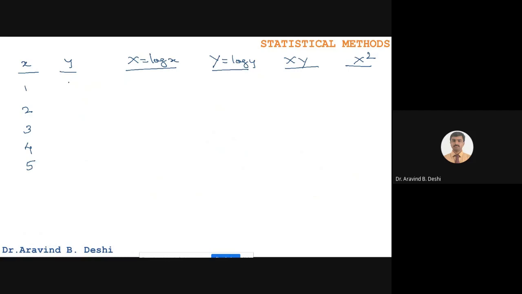Next, y values: 0.5, 2, 4.5, 8, 12.5. Then log x. Therefore, press ln of these values, we'll get